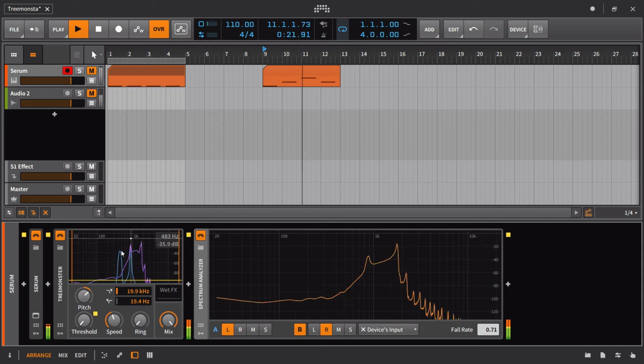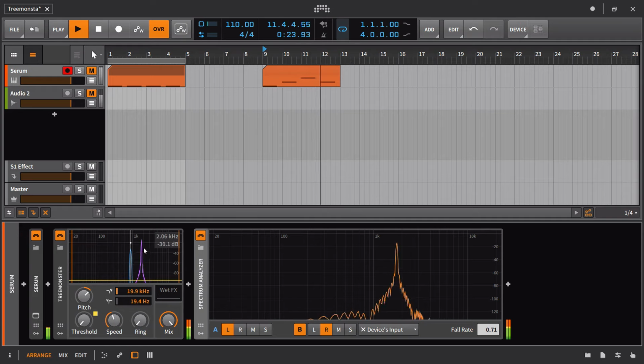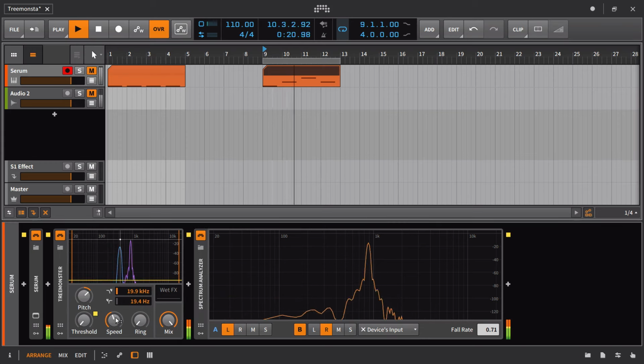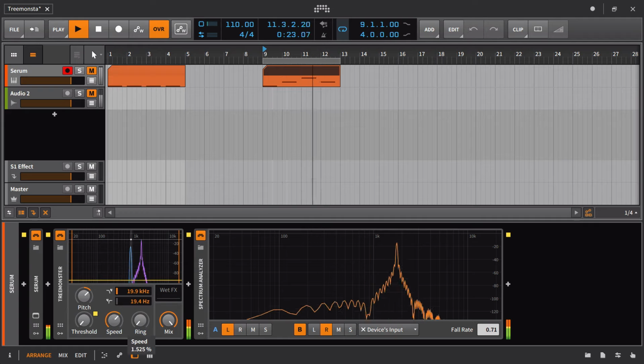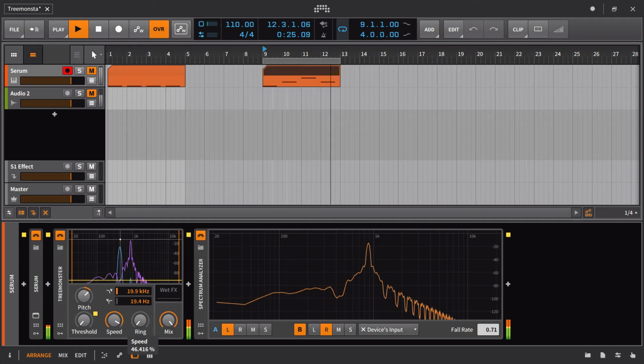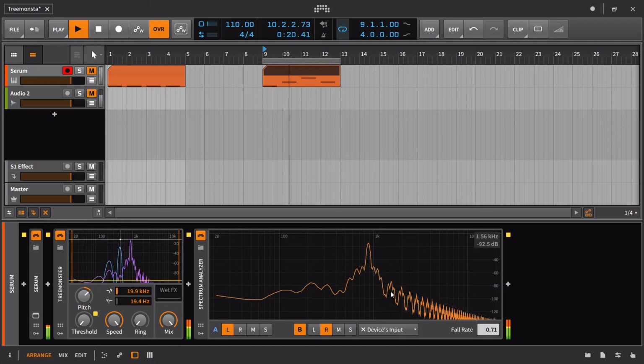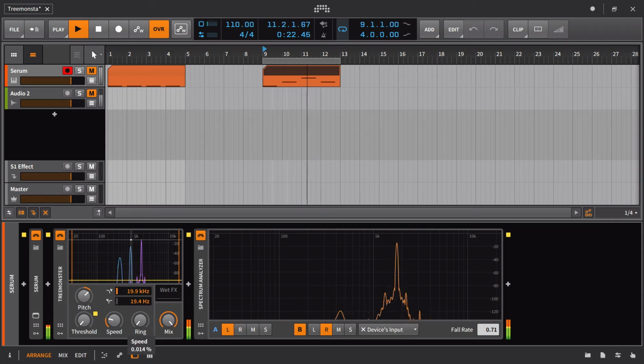This is the original in blue versus what's being detected here and outputting in purple. Okay, and here speed also does make a difference. If you put the speed up, you actually start to get something that's almost like an amplitude modulation or a frequency modulation. You can see all the additional spikes. If we bring the speed right down, it becomes more of just that sine wave jumping around to our different